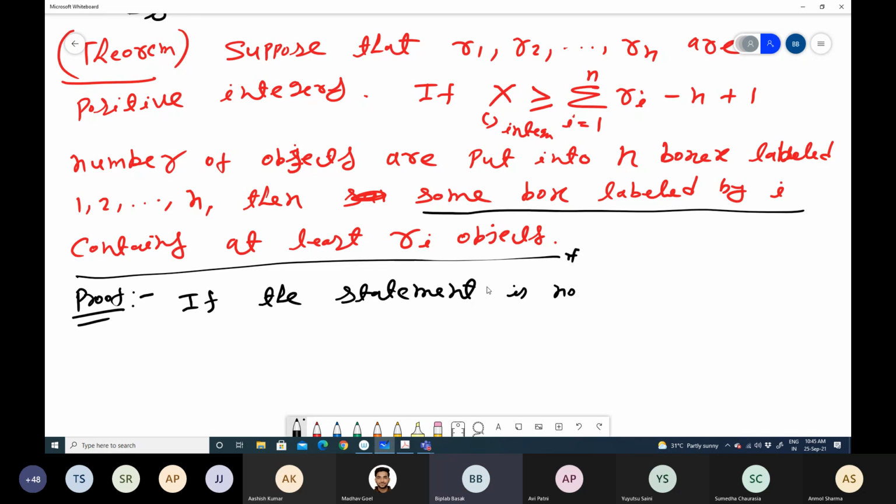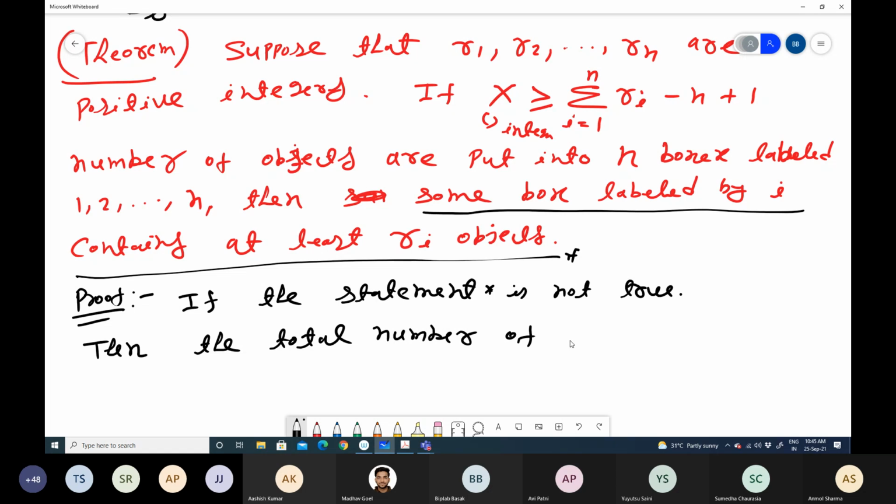We can write star. The statement star is not true. So then the total number of objects is at most